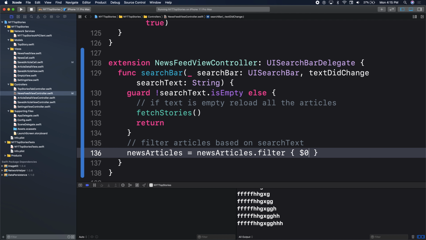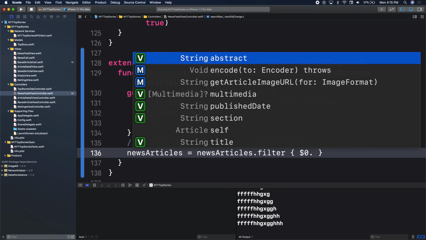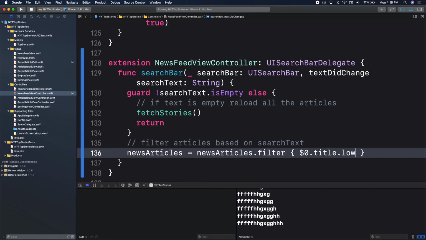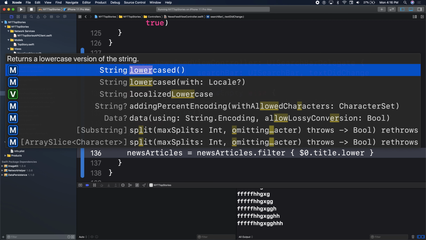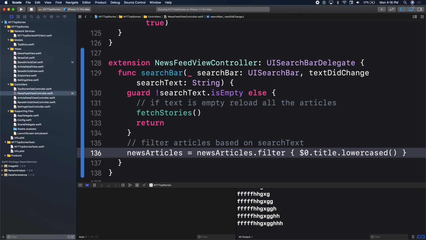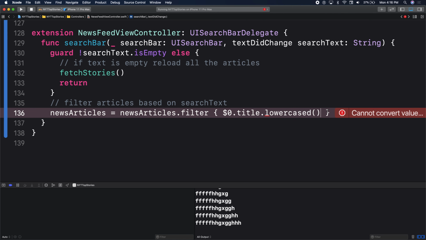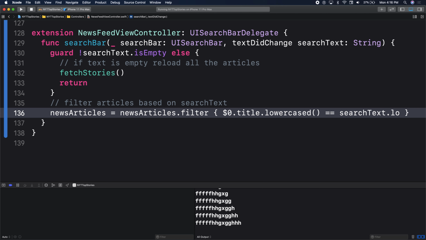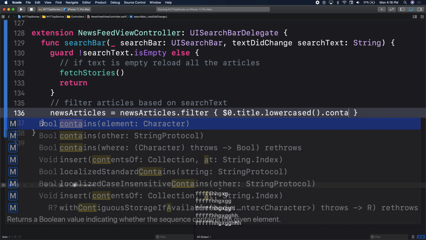And what are we filtering by? We're filtering by title. Whoa, whoa, whoa, whoa. I know we're family, but. All right, let me get some more space here. So we want to filter title lowercase equal to search text dot lowercase, well, not equal, this is wrong, contains